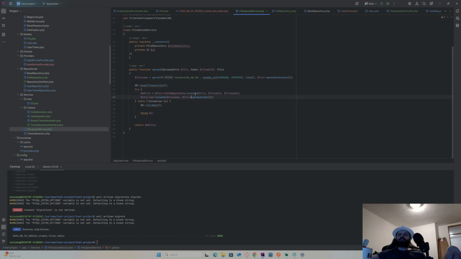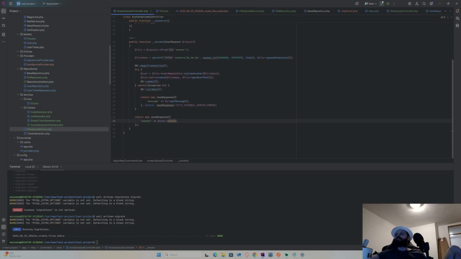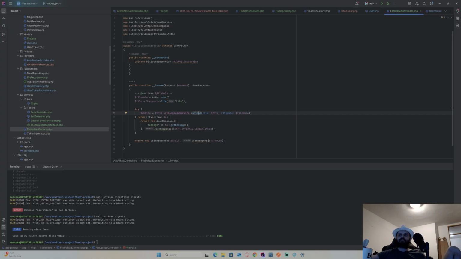It will deploy it to database, upload it to S3, and just return the file. That file is then presented back to whoever uploads it. So here, just return, and I'm pretty sure this will be serialized immediately.